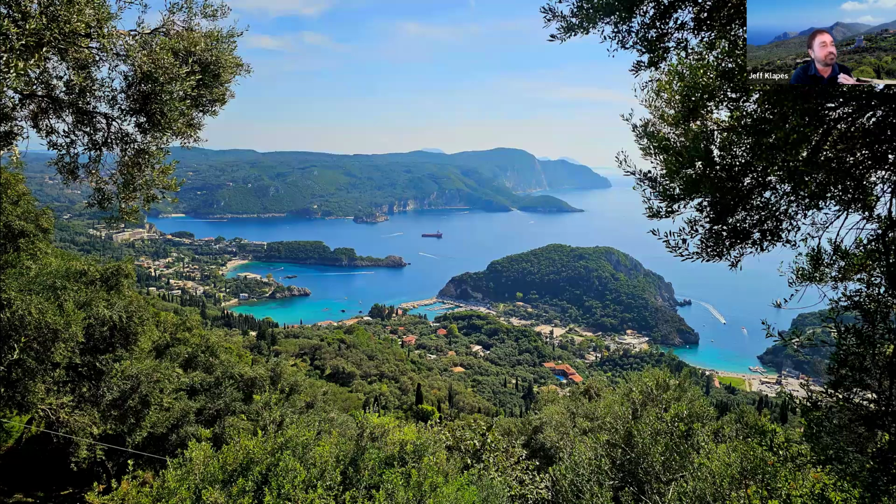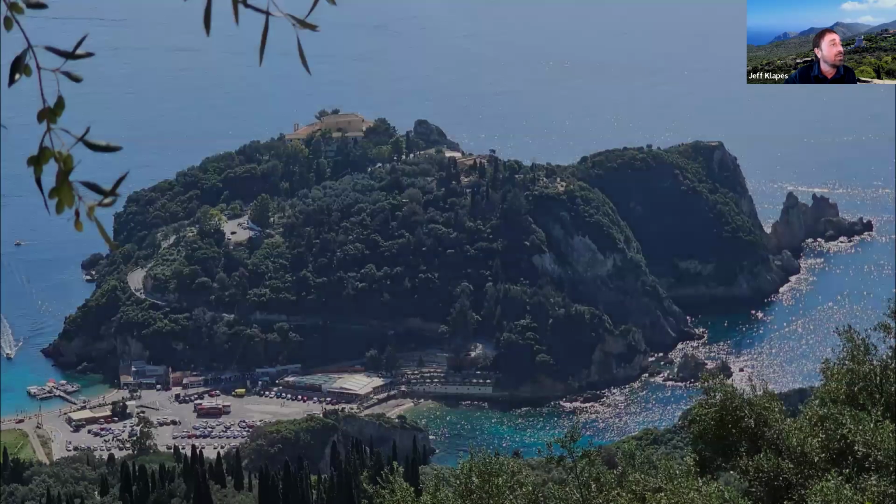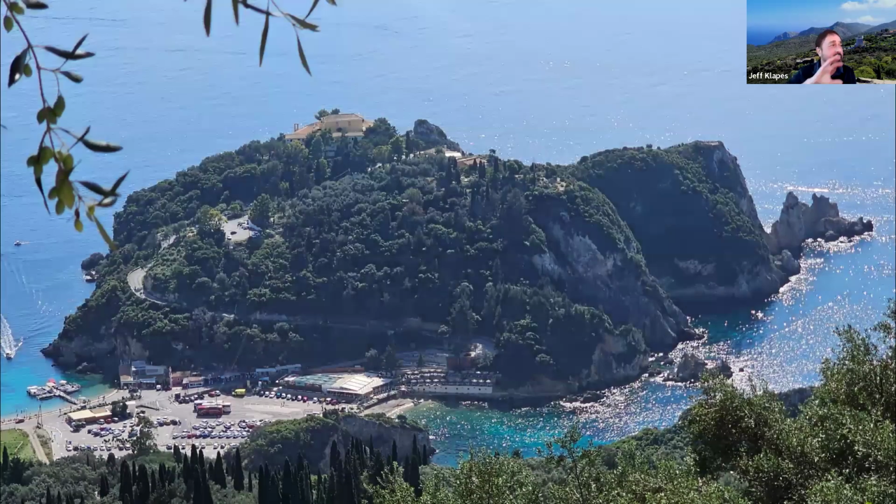Of course, this is all conjectural. No one knows exactly where Odysseus landed, assuming all of that wasn't completely fictional, but this is one of many places that claims some connection to Homer's Odyssey. And certainly in terms of beauty, it fits the bill. This is